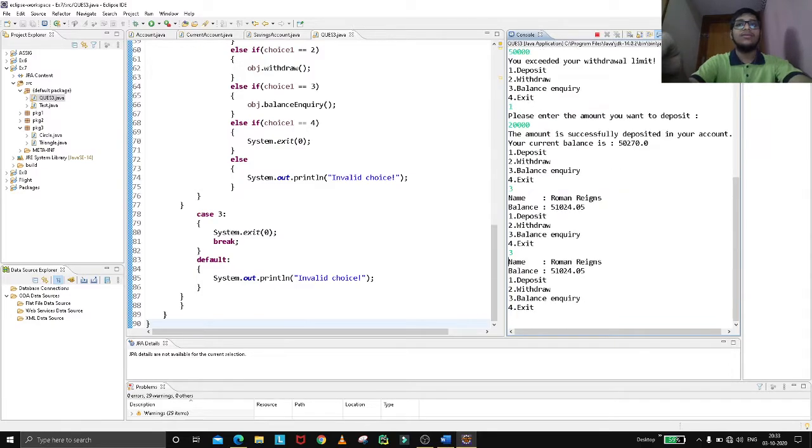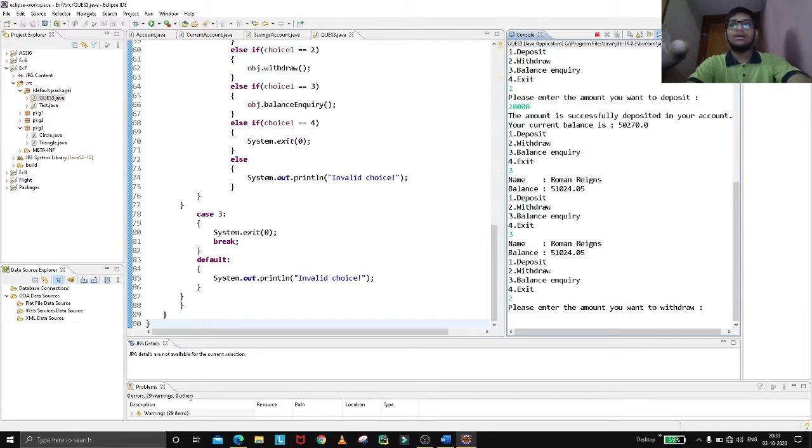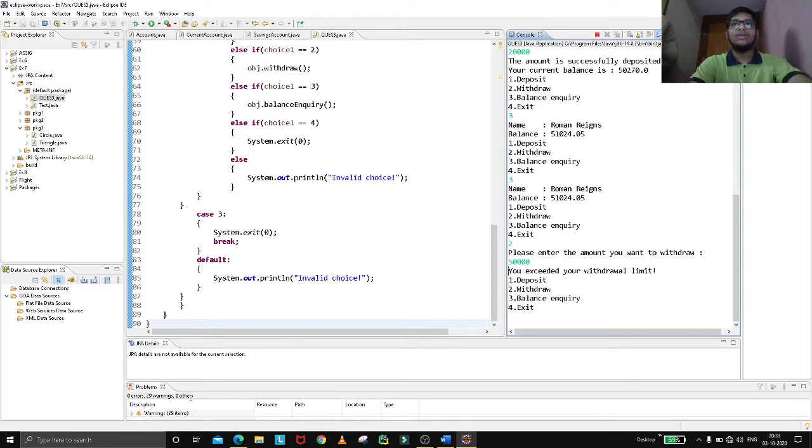Now if I want to withdraw some money, if I withdraw 50,000, it will say you exceeded your withdrawal limit, because I've created it so you can't go beyond 50,000, because 50,000 is the maximum amount you can take in a day.